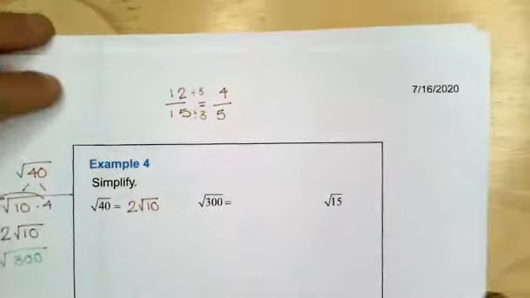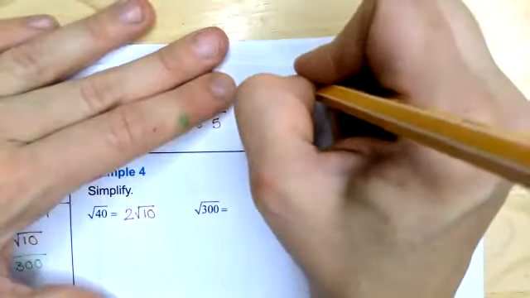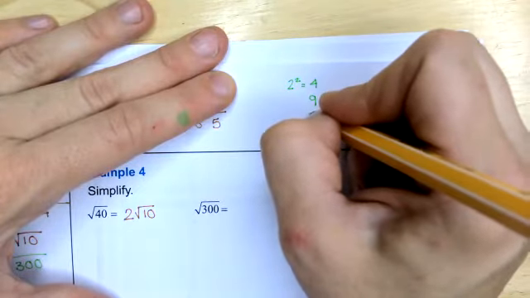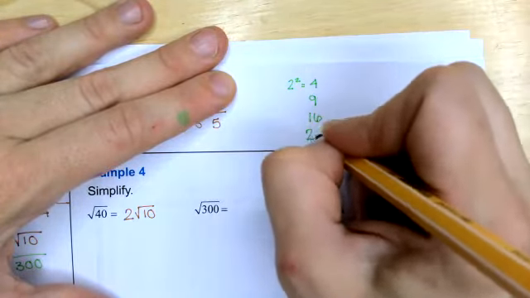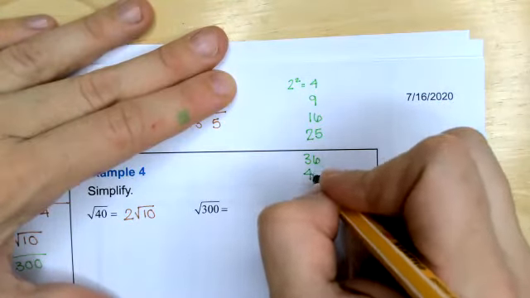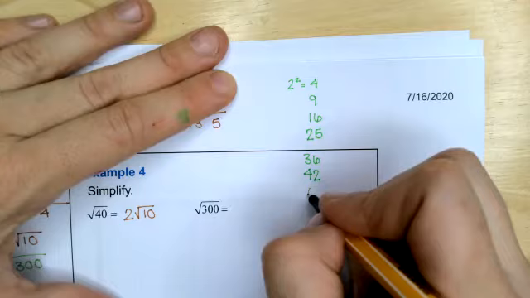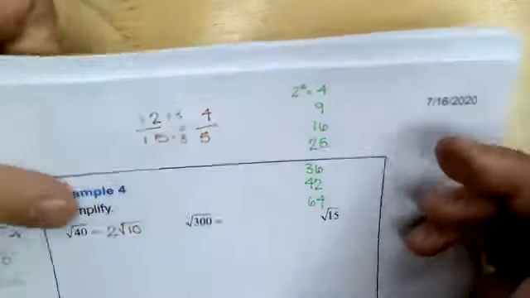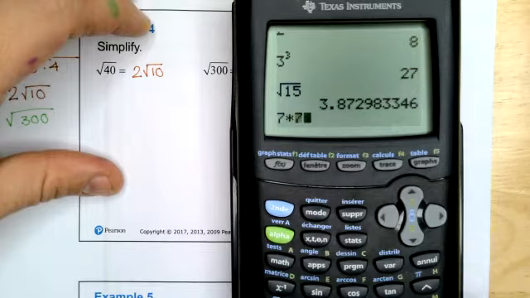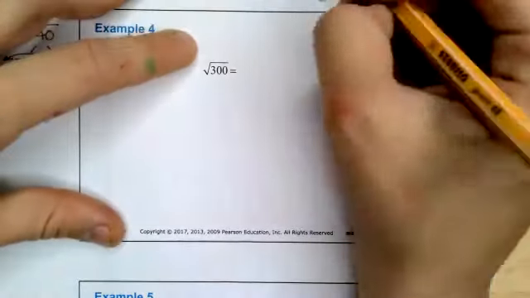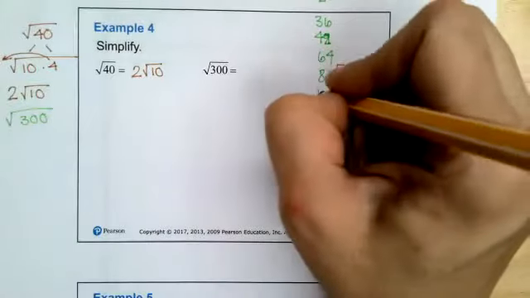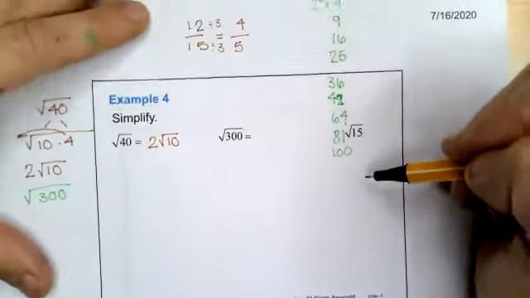And you can think about perfect squares, okay? 2 squared is 4. 3 squared is 9. 4 squared is 16. 25. 36. 49. 64. 7 times 7 is 49. 49, 64, 81, 100, right? And so when you get to 100,